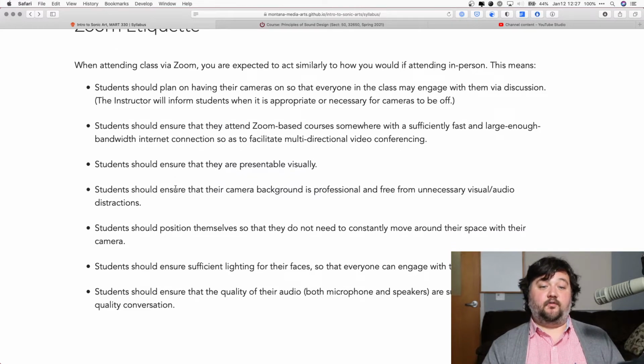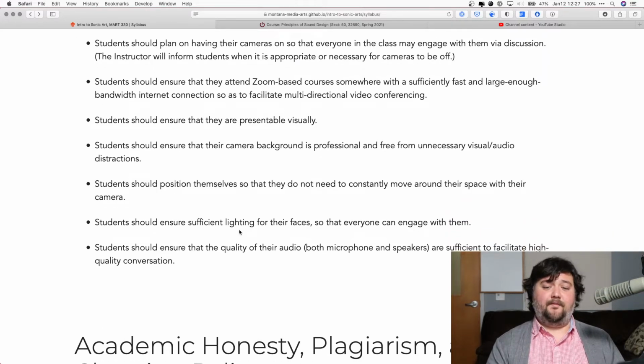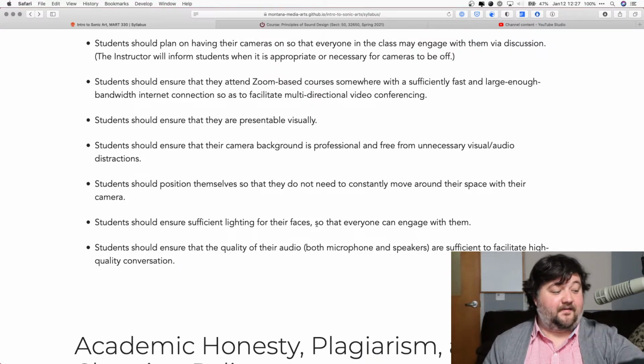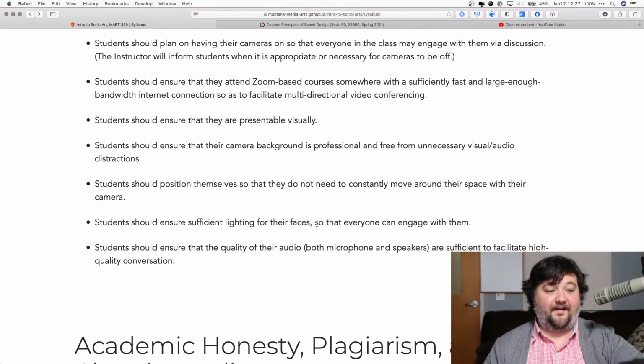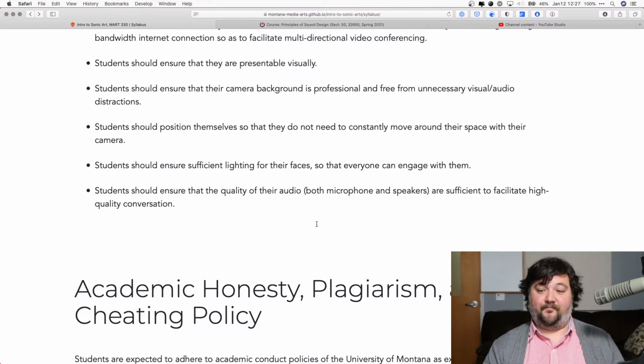You should try to make sure your visual and audio quality is professional. We are in the School of Visual Media Arts here, so we do expect you to have some knowledge and understanding of how to create professional video and audio quality streams. I'll help you with the audio quality piece of it, obviously. And then make sure the lighting is sufficient to see your face. If it's too dark, as an example, if I turn off my light here, you can't see me. This is no fun. It's really difficult. So keep the light on and make sure that we can see what's going on.